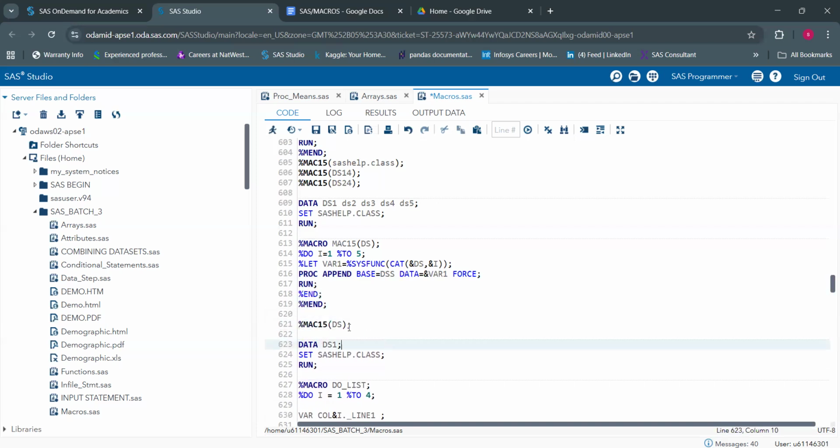What we are giving here is just DS, because we know all the data sets are the same, but they only end with a prefix of numbers starting from 1 and so on. That's the reason we give DS here. We can give our own name, whichever we want, but to make sure everything is in line, we give a similar or easy name which is easier to code. Okay, we give DS here. So once I run this particular thing,